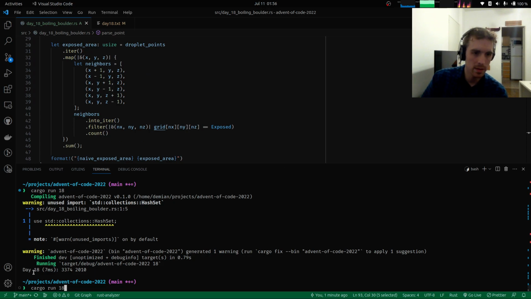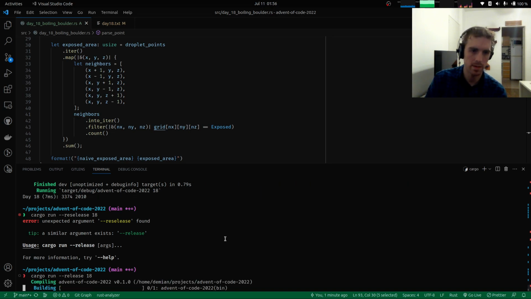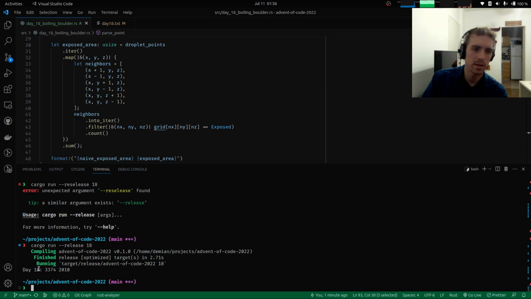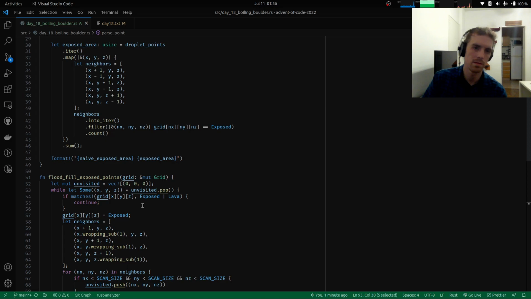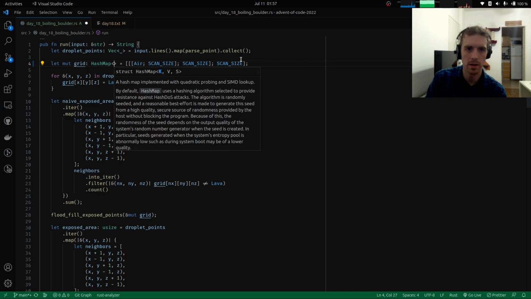Yeah, so we're running this in debug mode. It takes 7 milliseconds. Let's run it in release mode. It should take nothing. Release. Yeah, when it prints nothing, it means that it's taking less than 1 millisecond. So yeah, it's insignificant. I want to try out to see if the grid could be just a hash map